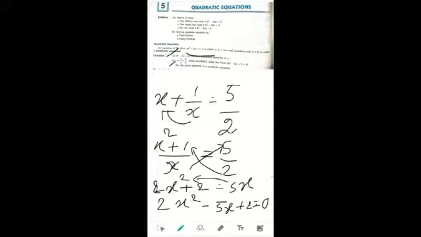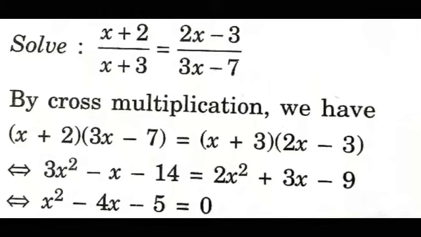So now you see that after solving this given expression, x plus 1 by x is equal to 5 by 2, we have arrived at 2x square minus 5x plus 2 equal to 0. Right? So when looking at the equation, we should not say whether it is quadratic or not. If an equation is given like this, we have to solve it completely first. After arriving at the answer only, we have to conclude whether it is a quadratic equation or not. And let's see some more examples also.